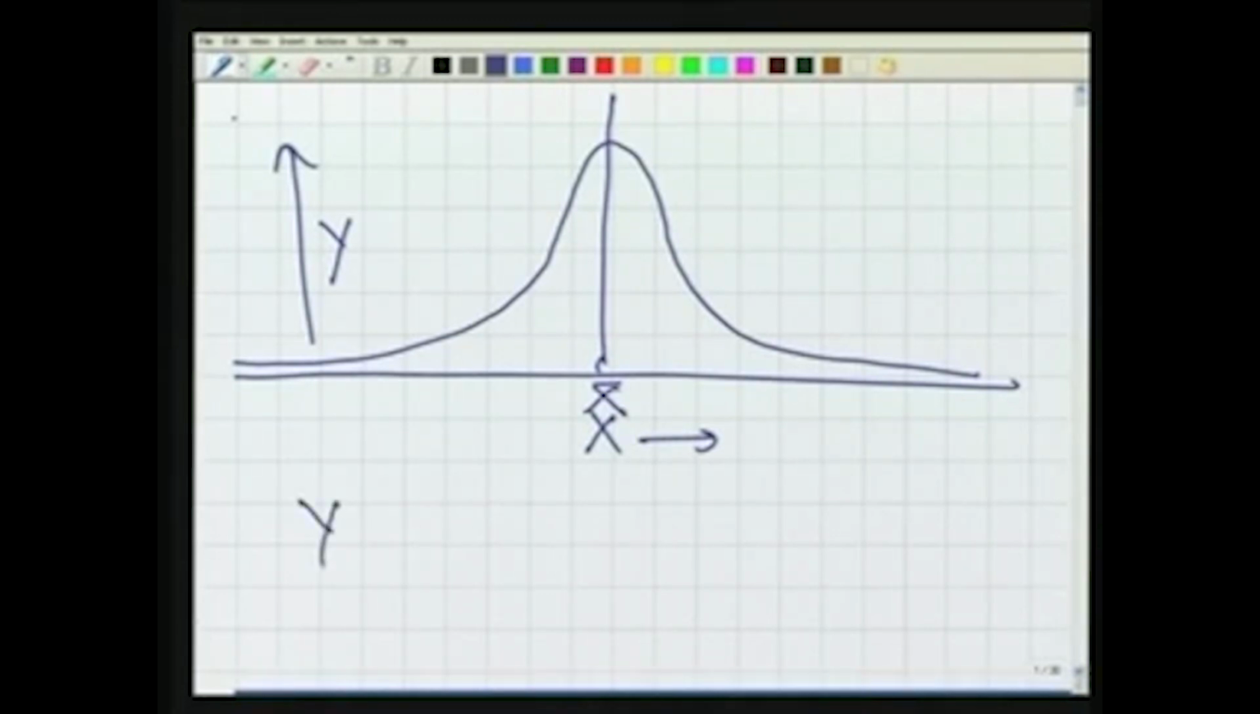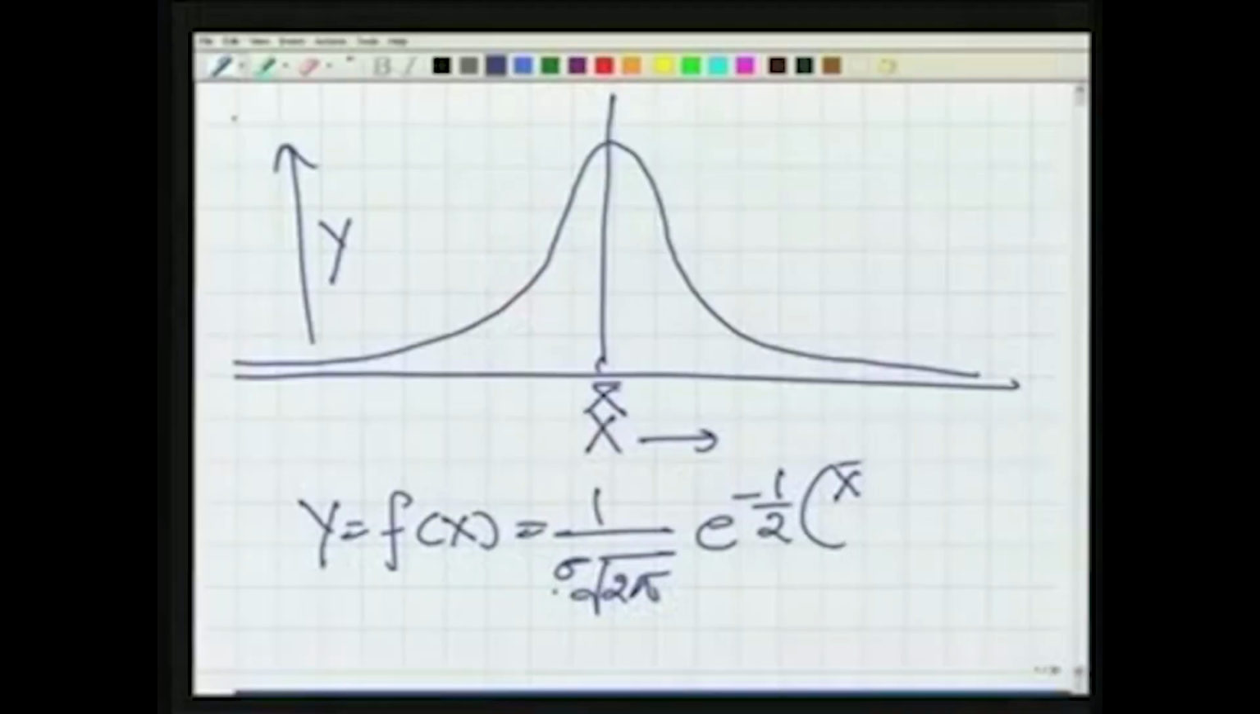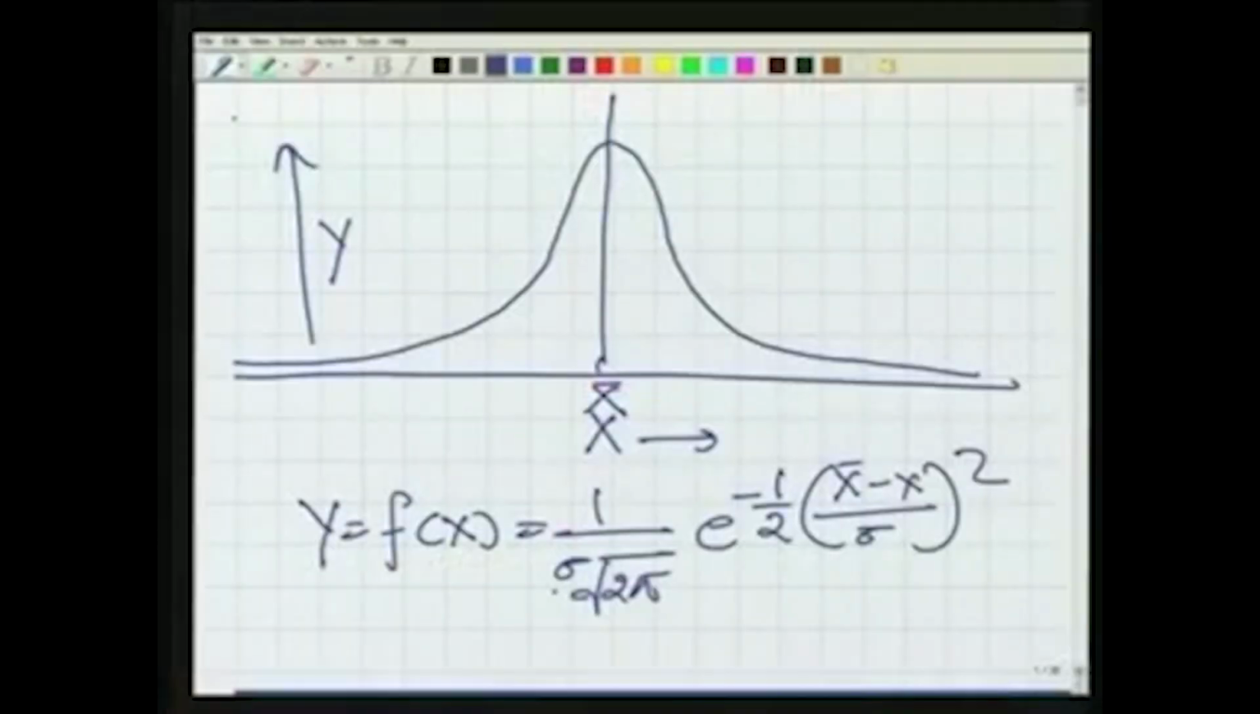So, this y is written as f(x), which is given by 1 by sigma root 2 pi. You can determine this sigma, the standard deviation, we saw the formula for that, e raised to power minus half (x bar minus x) upon sigma square. Okay. Our observations in surveying, our errors, the random errors,